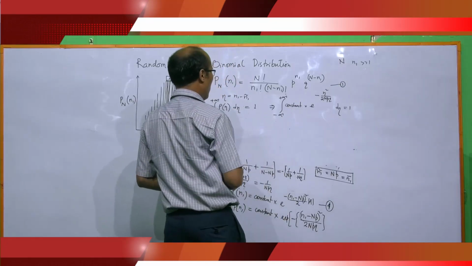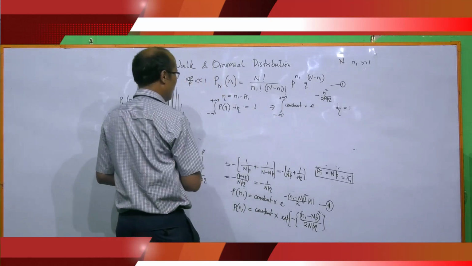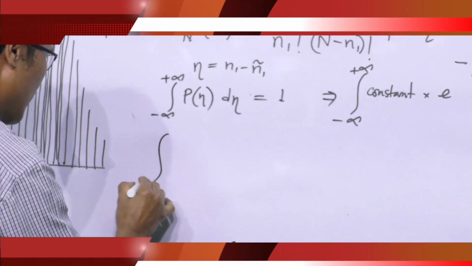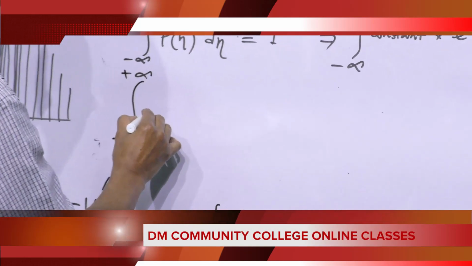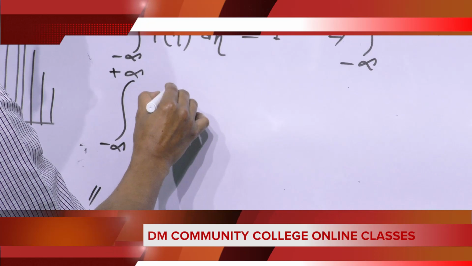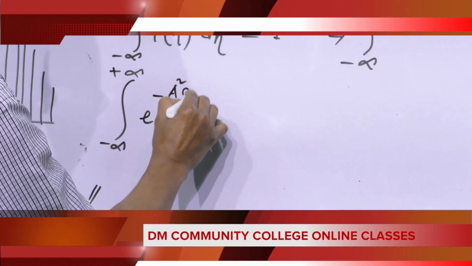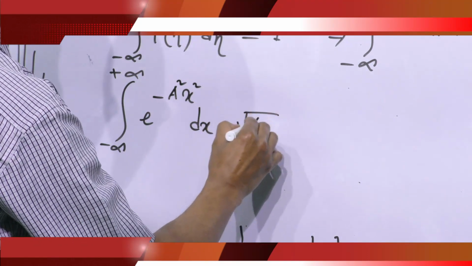For evaluating this integral, we have to use the standard Gaussian integral, which is the integral from minus infinity to plus infinity of e to the power minus a square x square dx equal to under root of pi by a. So using this